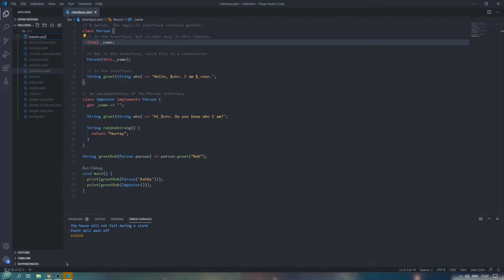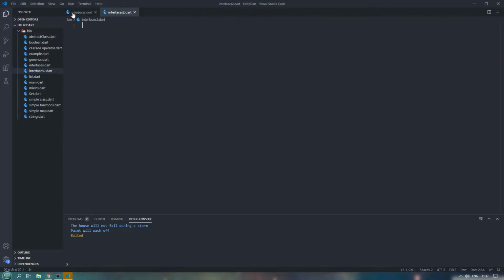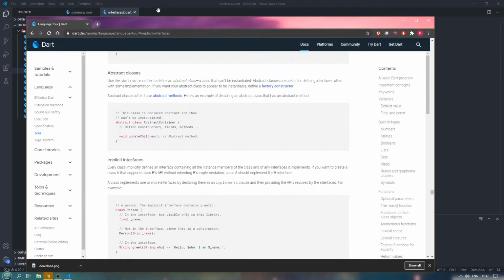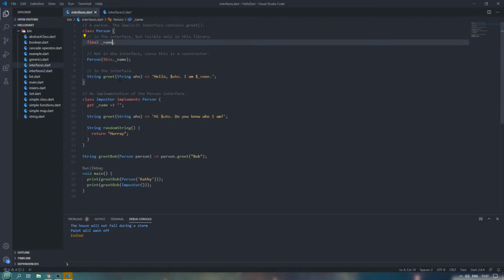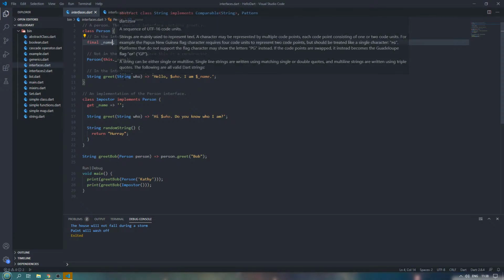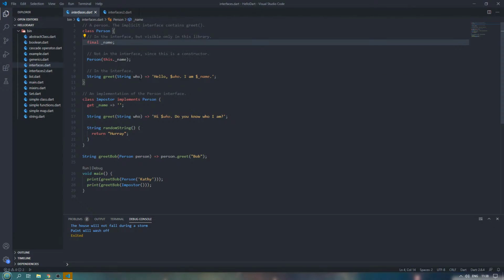So, interfaces.2.dart. Now, if I look back to my previous program, I can see that the interfaces.dart is actually a class Person which contains a function called greet, a constructor, and a final variable. Now, when an imposter is implementing Person, then it needs to get first of all the variable and also